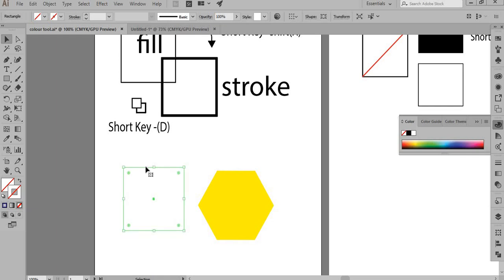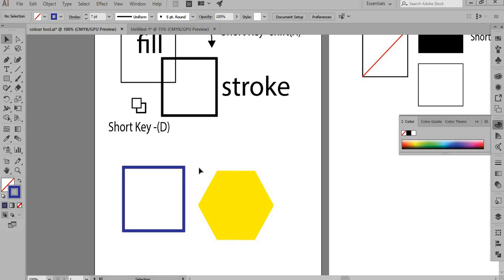So you tend to draw again and again because you feel you're working on nothing. You better be careful about that, and whenever that happens, it's always good to go back to your D key, that is the default, to bring back your white fill and the black stroke. So I just go back to my original drawing.